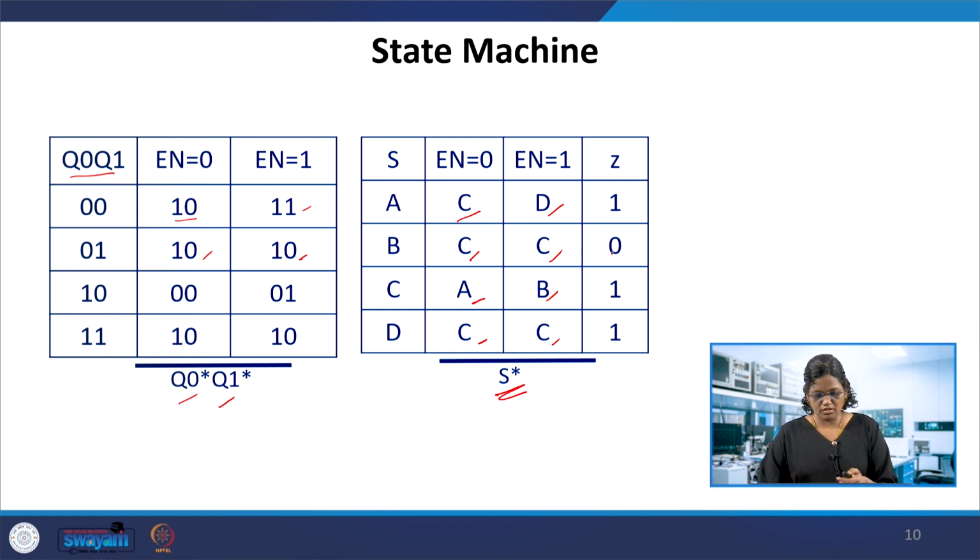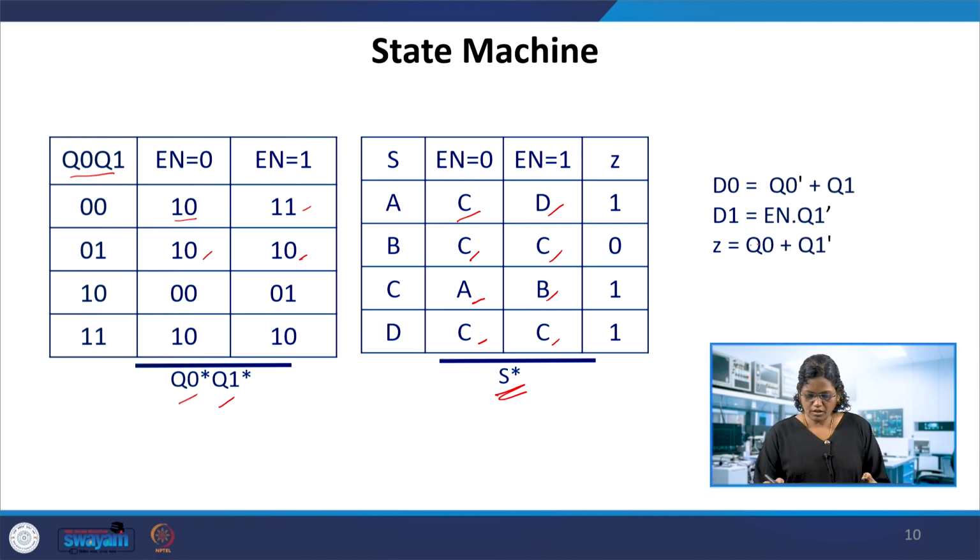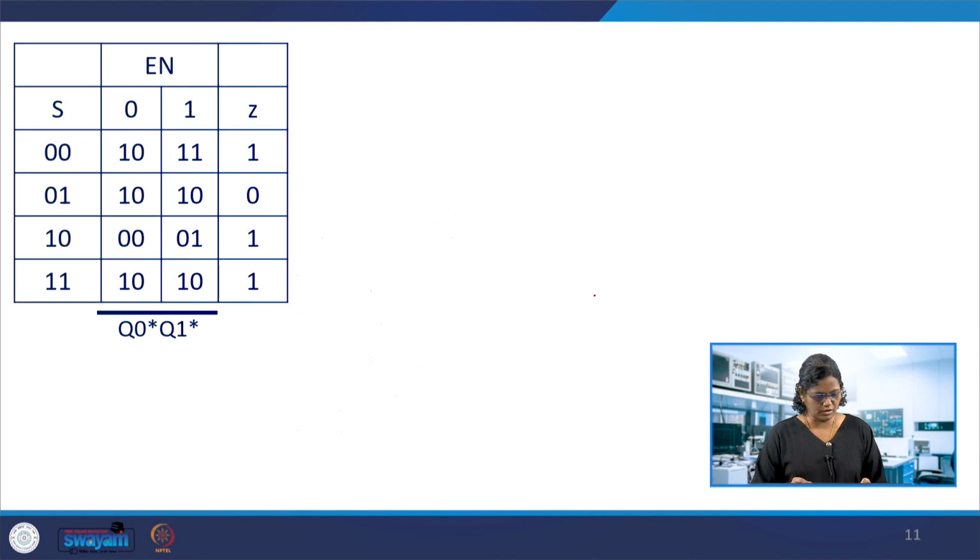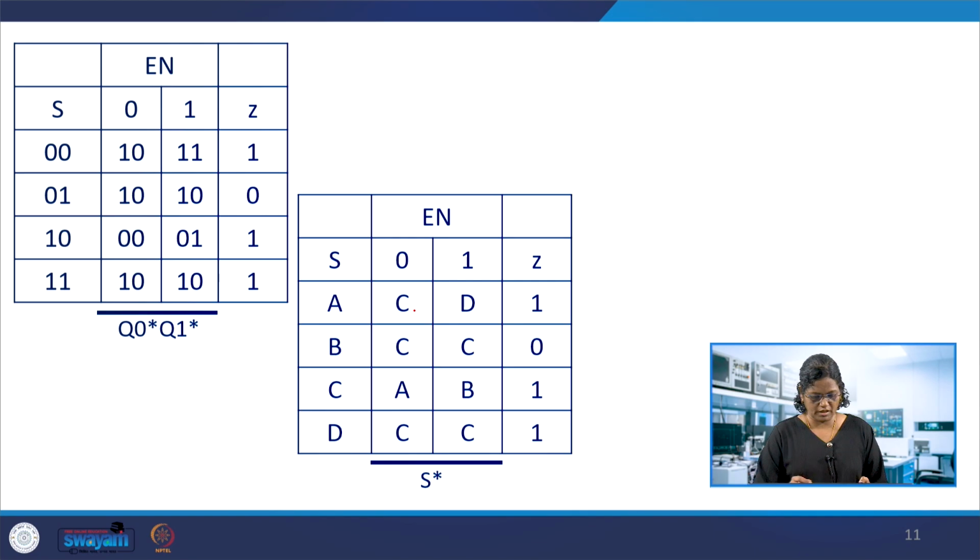So we obtained the state transition table from the digital circuit, and we are now ready to make the Verilog module for the state machine. The equations given here, using these equations we have made this. So Z is Q0 plus Q1 star. This Q0 and Q1 star is from this 0 0, 0 1, 1 0, 1 1. So after getting the state transition table, we use this. Also we can have the state diagram.